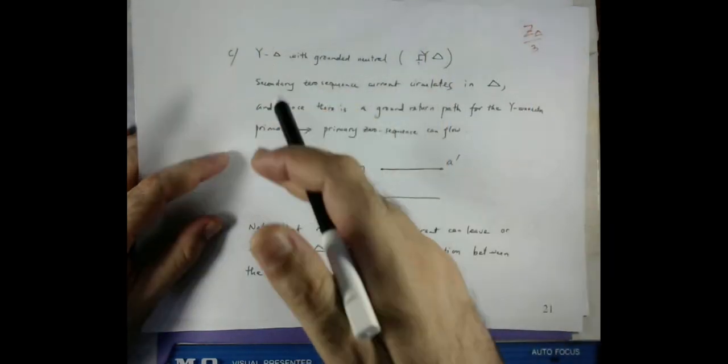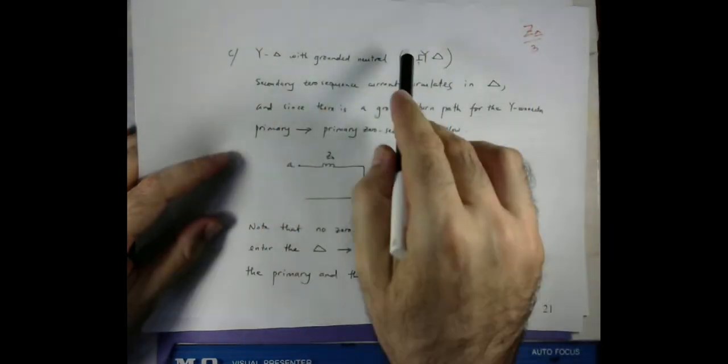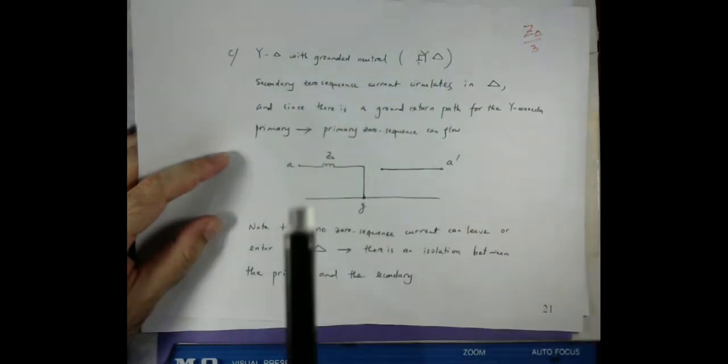We discussed that in this particular case there is an isolation between the primary and the secondary side. Doesn't matter whether delta is primary or delta is secondary, there will be an isolation between the primary and secondary side, because we discussed that